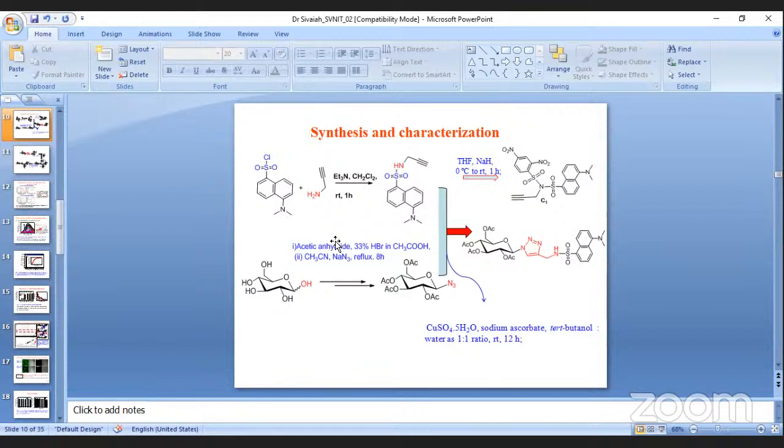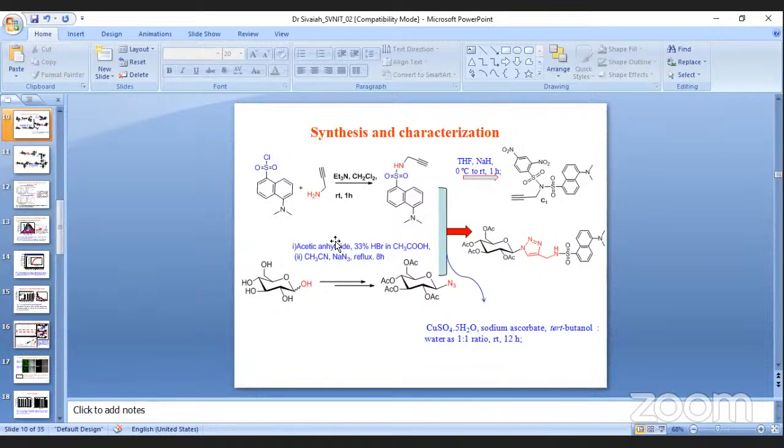the sodium azide and reflux for 8 hours, or even you can isolate it, but because it is unstable, we have to quickly do the reaction. So add sodium azide, reflux 8 hours, and finally you will get a very good crystalline white compound. So you can see that all the OH groups are protected with acetyl, from acetic anhydride, and only at the C1 position you got the azide N3. Okay, so once you get the propargyl dansyl derivative on one side and the azide glucose derivative on the other side,